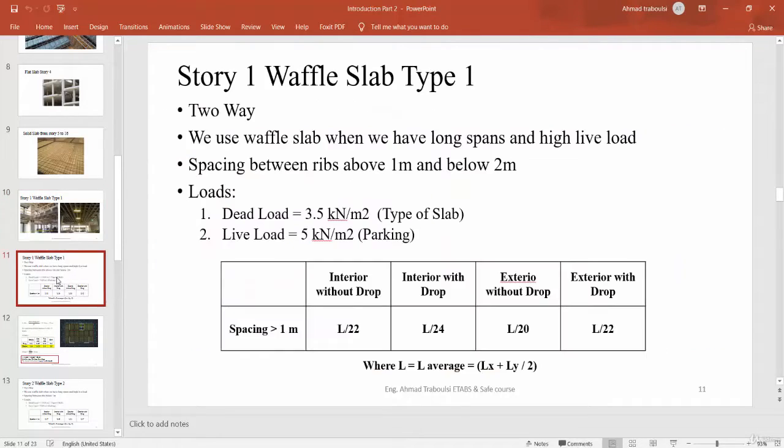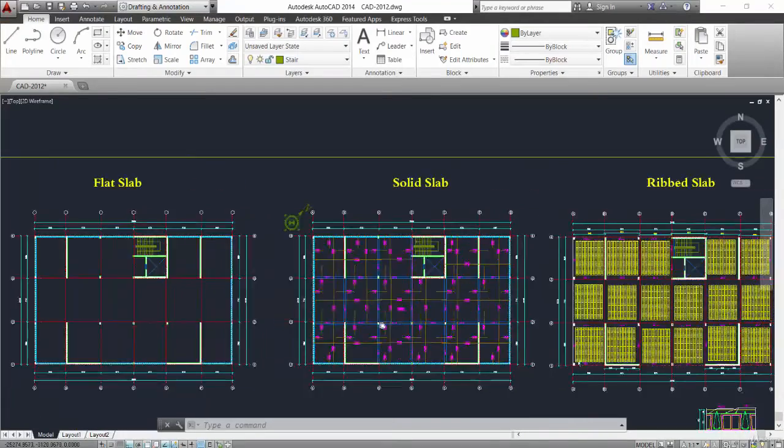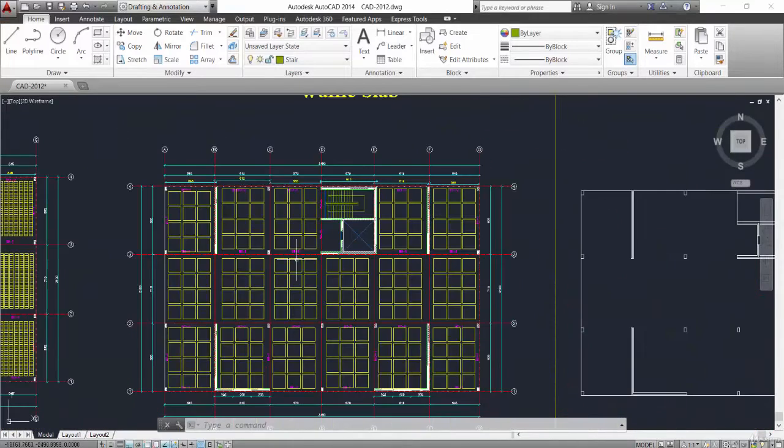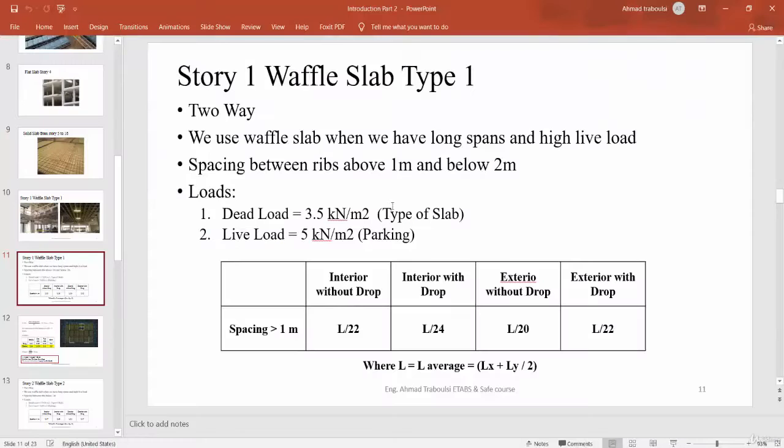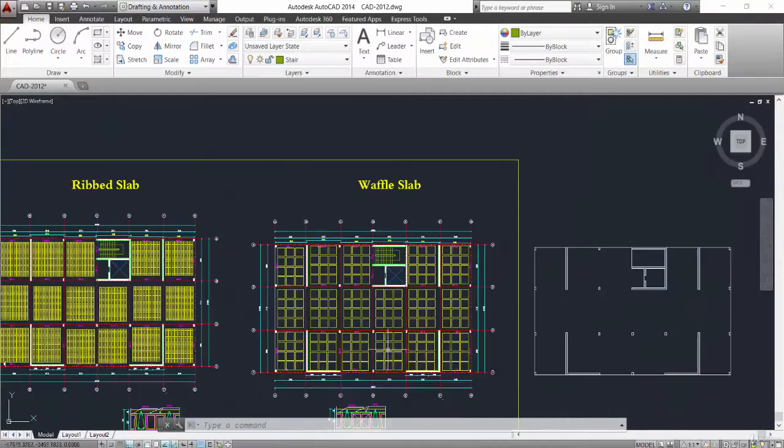We go through slide 11. First of all, we must know that waffle slab is a two-way slab. We use waffle slab when we have long spans and high live load. Spacing between ribs is above 1 meter and below 2 meter. What is this? We go through AutoCAD to the waffle slab. We note that the shop drawing is for waffle slab type 1. What does it mean that the spacing between ribs is above 1 meter and below 2 meter? We show this